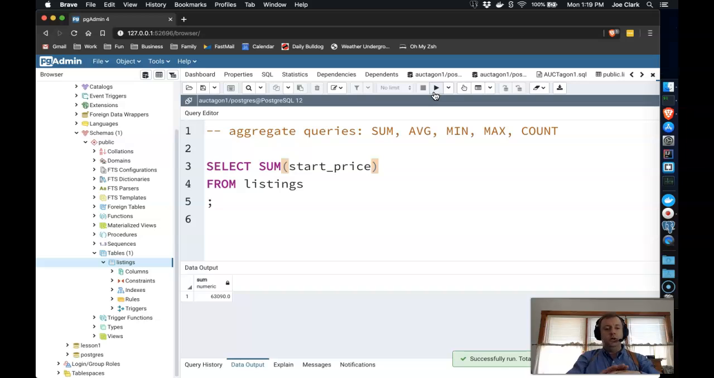$63,090. So one of the takeaways of this is that if you use an aggregate query, the row of the result is not a row of the original data. It is multiple rows aggregated, squashed into one. Now you can do